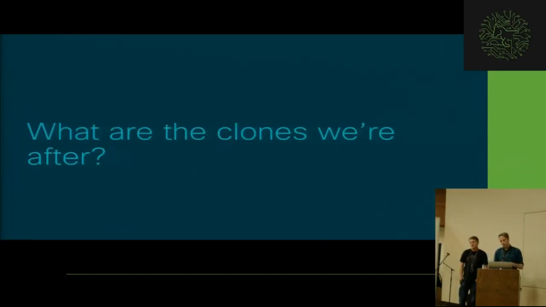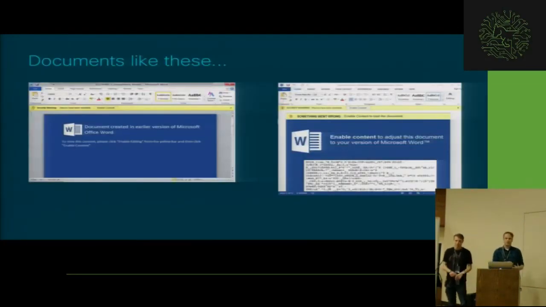Okay, so what are the clones that the title of the talk is referring to? It's malicious documents that look kind of like this. If you have any kind of responsibility for email security at your company or your organization, or you have an email address, you may have seen documents like this. These are two examples of malicious Office documents with macros inside, and a macro is a tiny little program. And if you are enticed into enabling the content, that program will execute and most likely infect you.